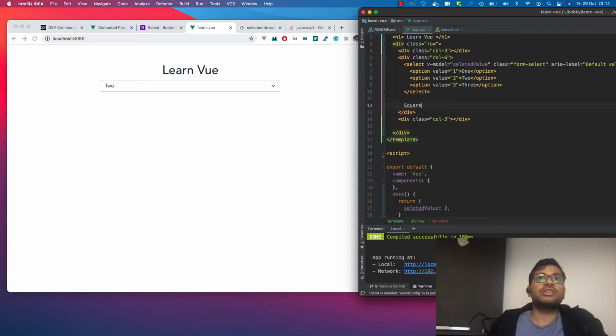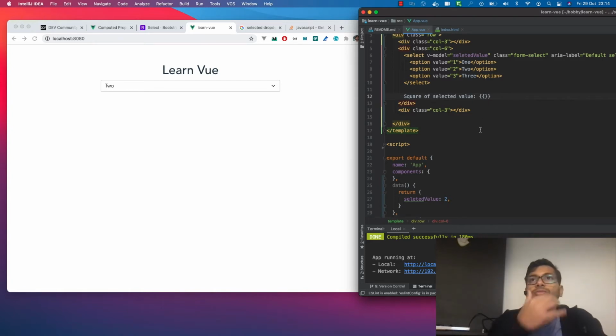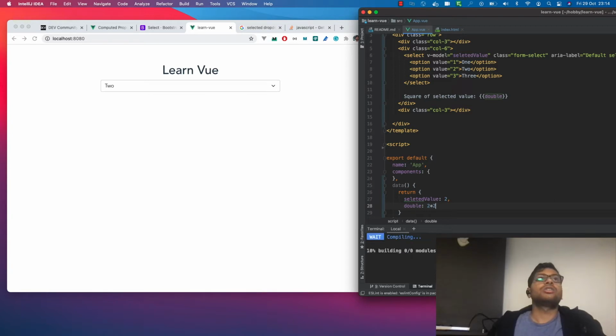So we can say square of selected value. We can define a variable here, double, and we can define the double here as 2 into 2 initially. So we can say it's 4,